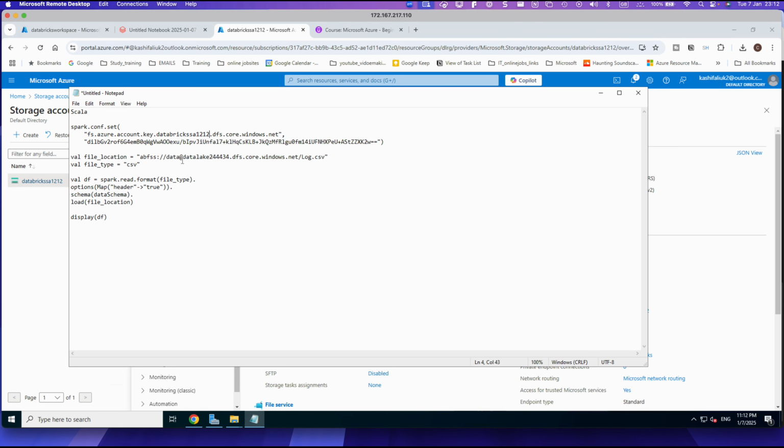Paste, and also paste it here. Now this is our access key,